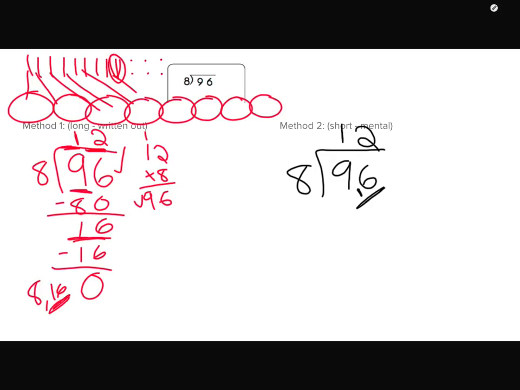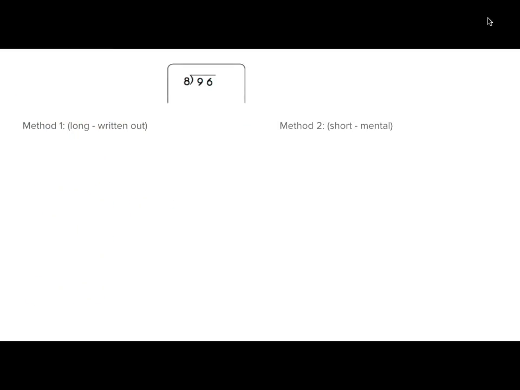Okay, we're going to do one more problem. Again, this time I want you to pause the video, and I want you to try to do 91 divided by 7. Pause it, pick a method that you would like, or do both, and then press play when you're ready. All right, let's see, 91